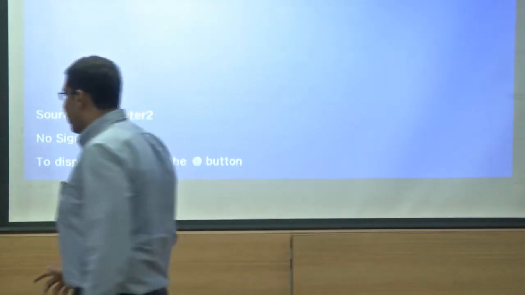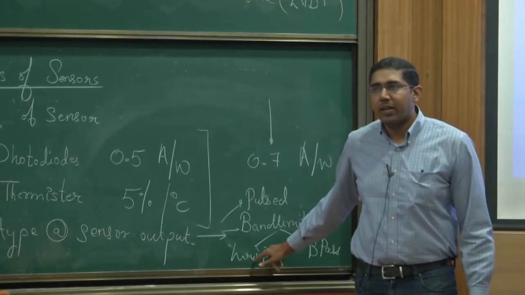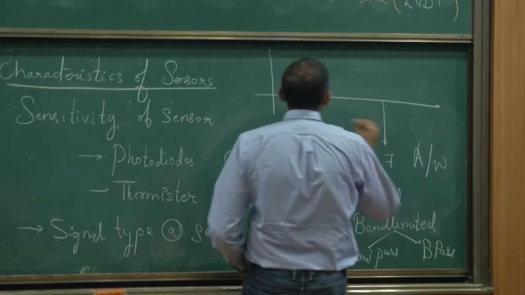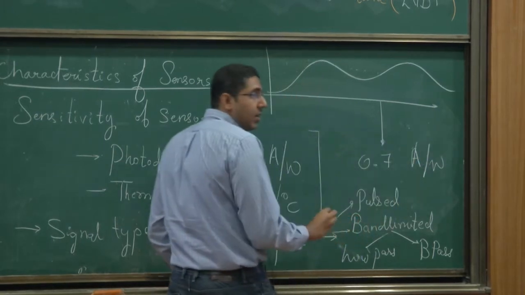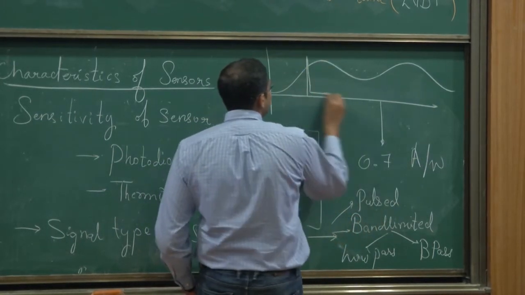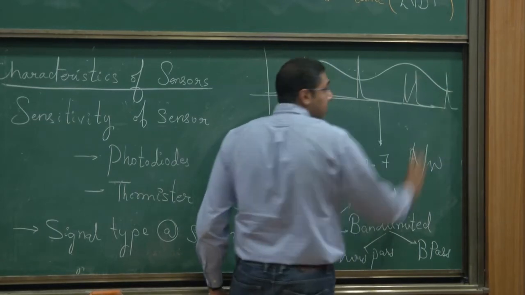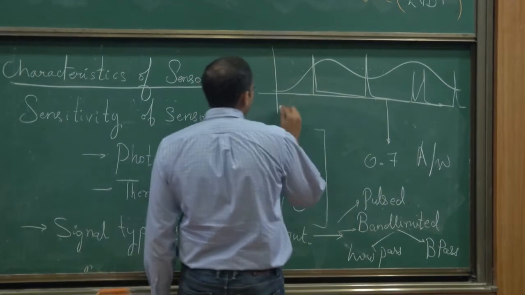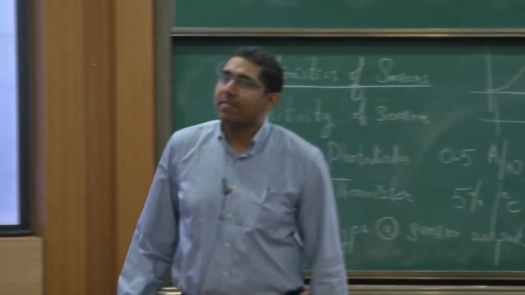So is the idea clear or no? What do I mean by, see, any signal can look like a low frequency signal like that, right? Or it could be pulses like this at some random times, right? Or it could be a single tone. Any example of a single tone signal?